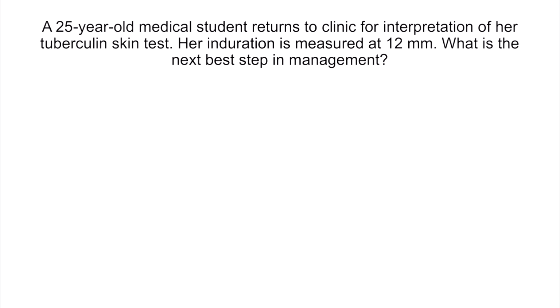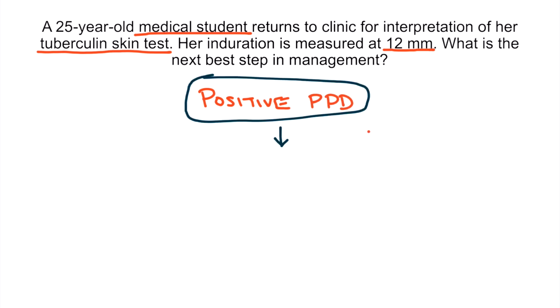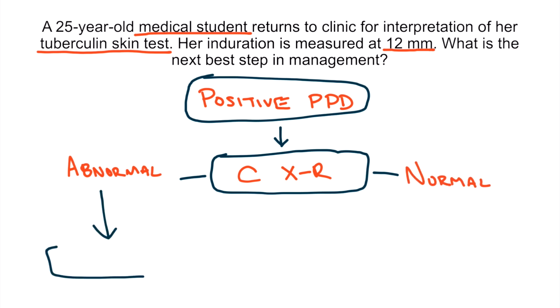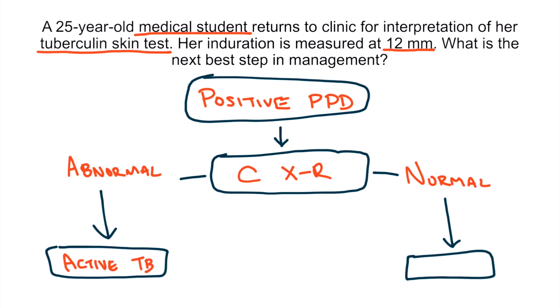All right, based on the information discussed on the previous slide, a PPD cutoff of 10 millimeters is used for all healthcare workers, including medical students. Since her induration is measured at 12 millimeters, her tuberculin skin test is considered positive. Hence, the next best step would be to order a chest x-ray to determine whether she has active TB or latent TB. As a reminder, an abnormal chest x-ray with pulmonary opacities is consistent with a diagnosis of active TB. A normal chest x-ray in the setting of a positive PPD test, on the other hand, is consistent with a